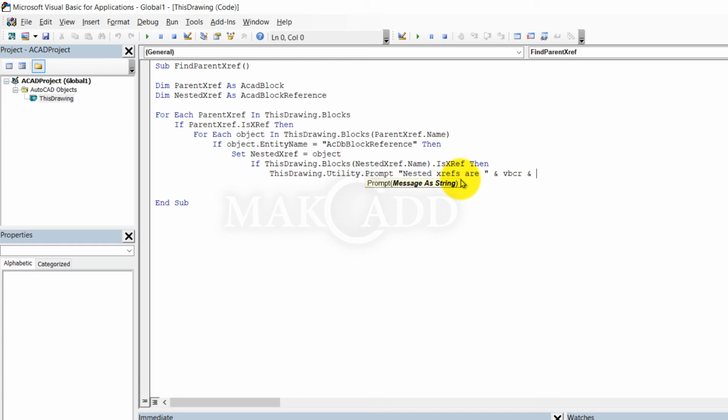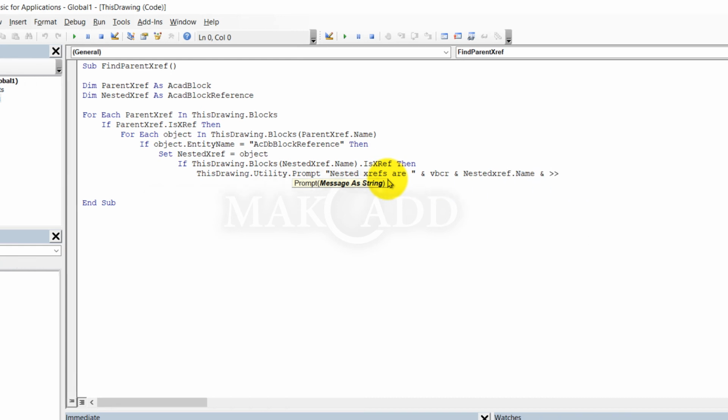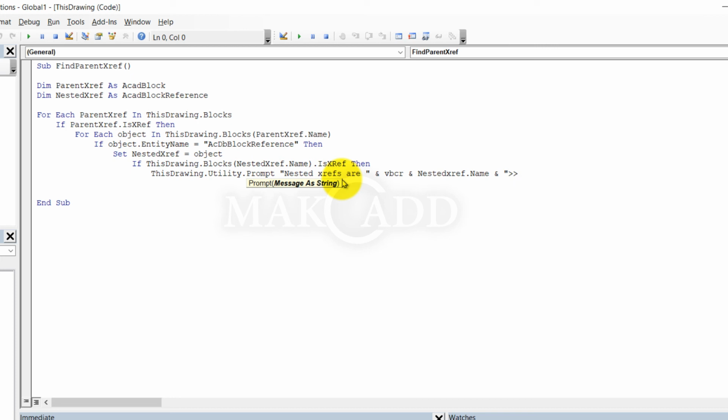It is the same as pressing the Enter key. It will take you to the next line. Then nestedXREF.Name. Then again an ampersand sign, and continue with the text in quotation marks to display as it is, "nested in". Close the quotation mark and an ampersand sign. Then parentXREF.Name.